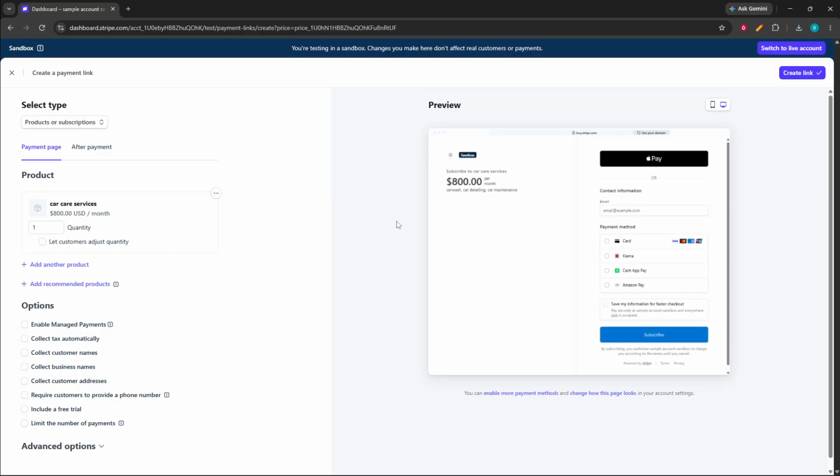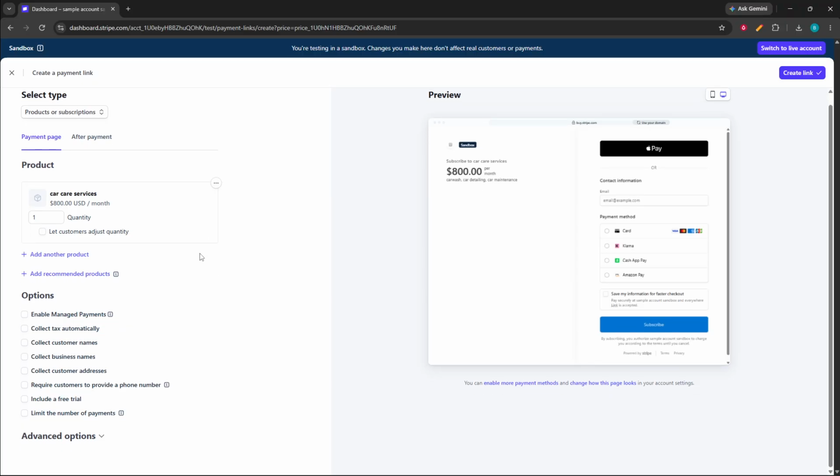On this page, take a moment to review the product details. Make sure the correct item and price are selected. You can also adjust the quantity settings if needed. Stripe allows you to configure optional checkout settings here as well. For example, you can collect customer information, apply taxes, or set up free trials if that fits your product or